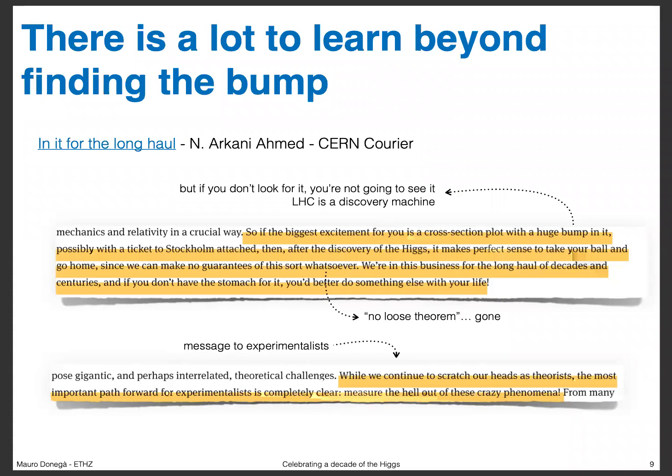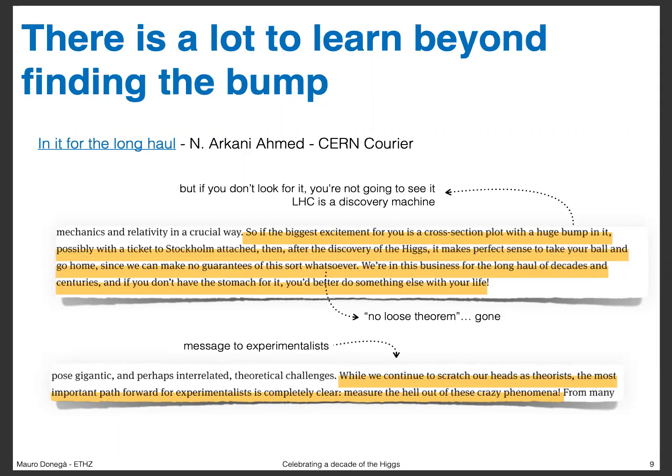Now, here it's, of course, pointing in two directions. One is, okay, the LHC is still a discovery machine, so maybe this bump will come up. This we still don't know. And "we can make no guarantees whatsoever" refers back to the no-lose theorem that we had with the Higgs, that is, either the Higgs is there or something else has to play its role and we will discover it. So it continues saying, we're in this business